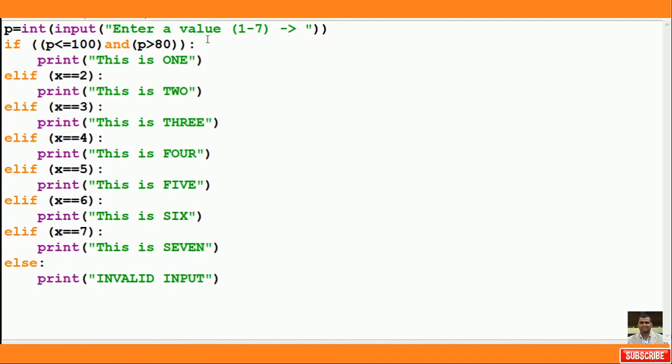You see, I write here OR, and then again I write that p should be greater than 10, let's suppose any condition. So which one will be true at the same time? Either this and this, or this. That is the confusion here. For that you put this whole condition inside a bracket, so that it becomes one condition or a second condition. So this is the error in your program.